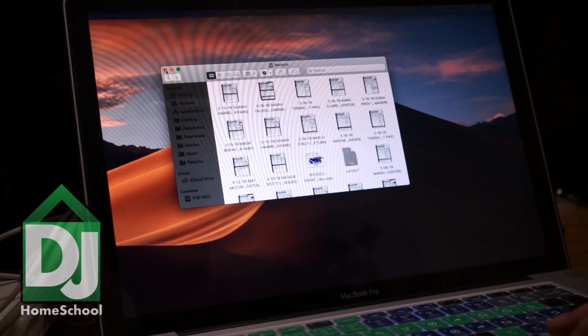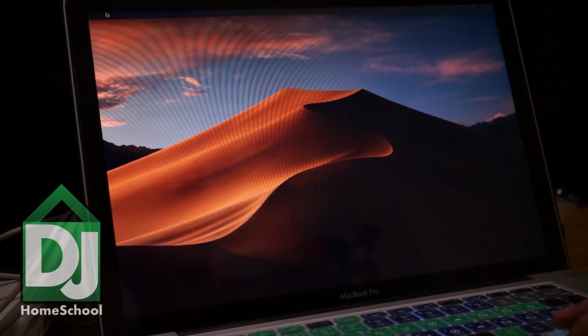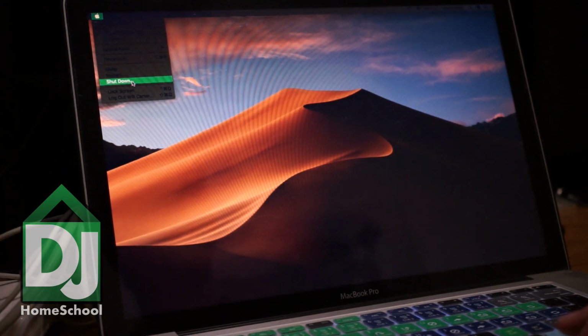Sorry, Apple. I'm gonna put this on High Sierra and just live with it. This will probably be one of the last Macs I buy until Apple comes out with a professional grade computer. And Apple, I'd be willing to buy a professional grade computer at a professional price. Just make one. Apple, you need to